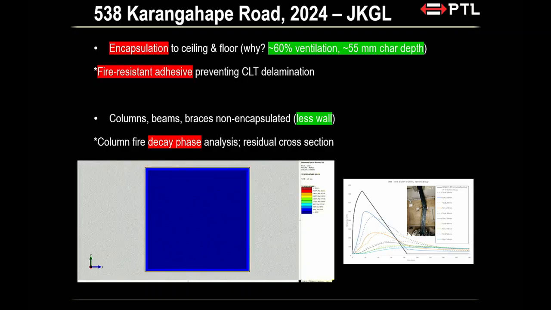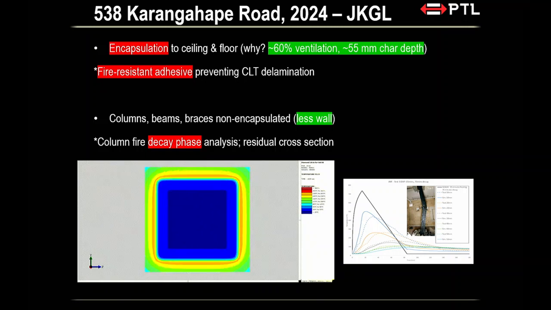So now your fire started. It's imposing a temperature on all four surfaces of your column. So you can see the red, that's above 300, so it's charring in, right? And just focus on the blue patch in the middle. That's your 20 degrees Celsius, right?